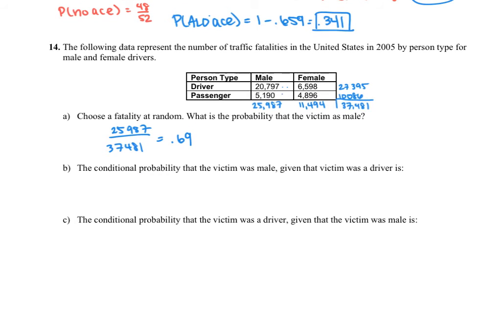B says the conditional probability that the victim was male given that the victim was a driver. So we're trying to find the probability of being a male, given that he was a driver. So that means our numerator is going to be male and driver. And then the bottom is we know that they're drivers, so we're only looking at the drivers. So the denominator is the total number of driver fatalities, which is